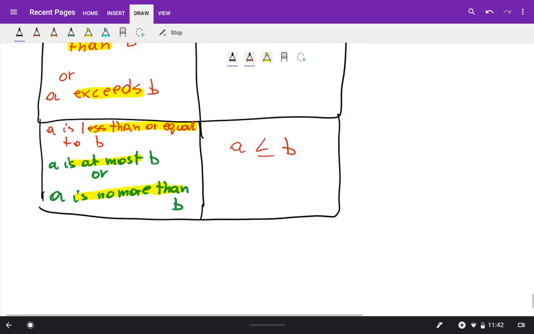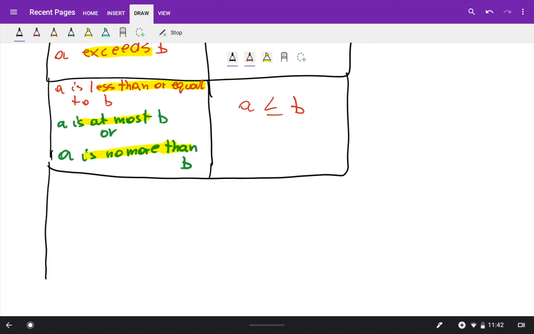One more keyword: A is greater than or equal to B. So of course we're graphing this way. The keywords to this one will be A is at least B,